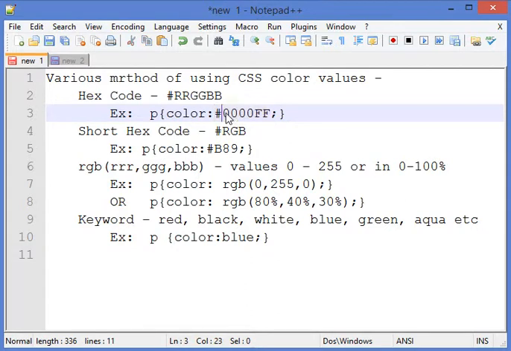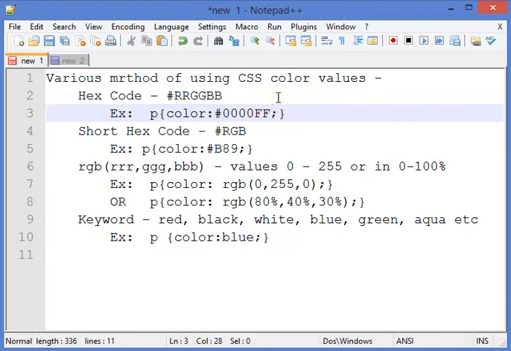So two digits represent the red, then two digits the green, and then the last two digits the blue. So remember that it's a combination of RGB. It's sometimes called the RGB model in a graphic environment.